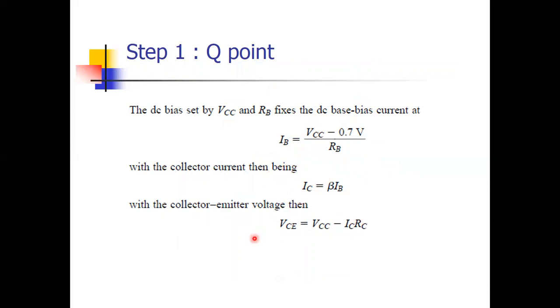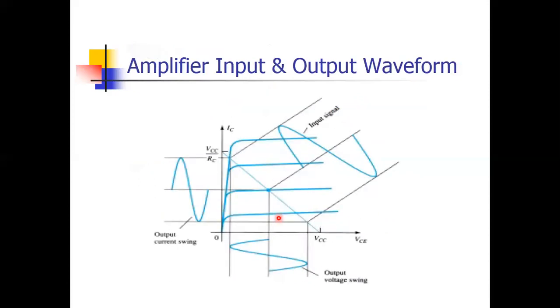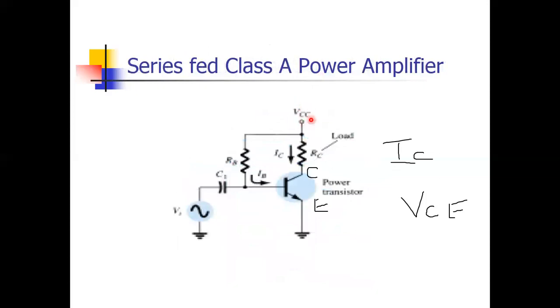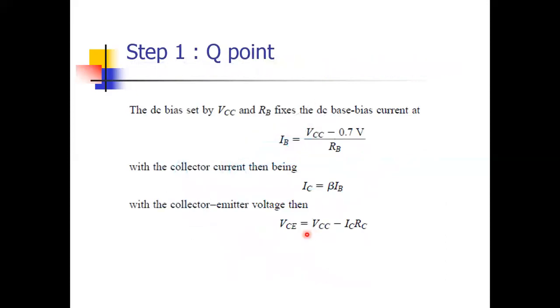Next, how to calculate the output voltage? Apply KVL in the right side. What is the equation? VCC minus IC RC minus VCE equals 0. From that equation, we'll have the VCE. If you have any doubt about solving this equation, then please refer to my previous lecture on DC biasing of BJT. There I have clearly explained how to take KVL of these circuits. Okay. So Q point means we have to find out IC and VCE.